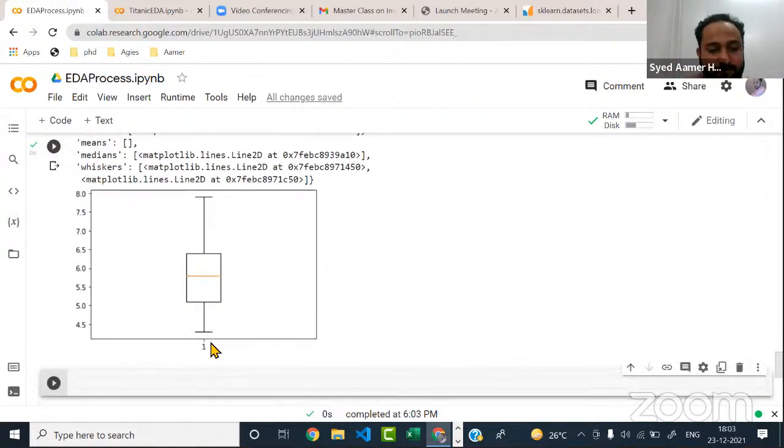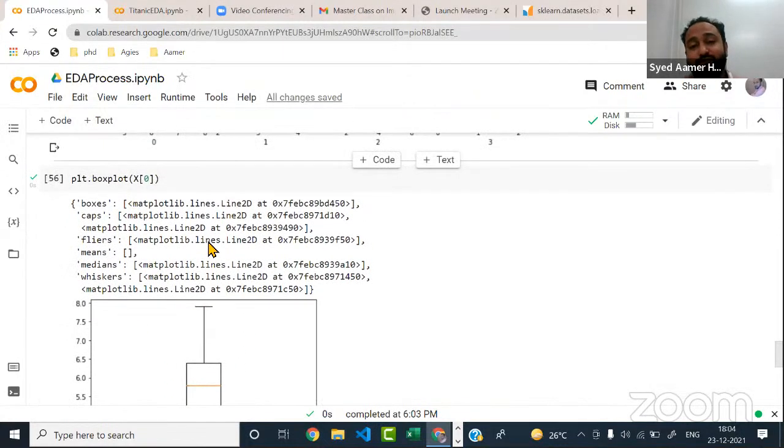So understand the meaning of box plot. This is the minimum value that you have in that column, and this is the maximum value that you have in that column. And the middle part, you might have seen this in the share market, guys, like you have candlesticks, right? Candlesticks are based on this only. And the interquartile range is in between this. We have seen interquartile range, right? So this will be 25%. This will be the median value here. This is the median value, and this is the 75% quartile basically. Is that clear?